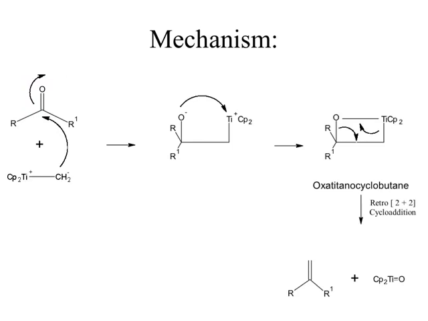Once we have this intermediate, the negatively charged oxygen will attack titanium, because titanium has a tendency to form a bond with oxygen. So, a cyclic intermediate is obtained which is known as oxa-titanocyclobutane. These first two steps are actually a 2+2 cycloaddition reaction, where we get a cyclic intermediate.